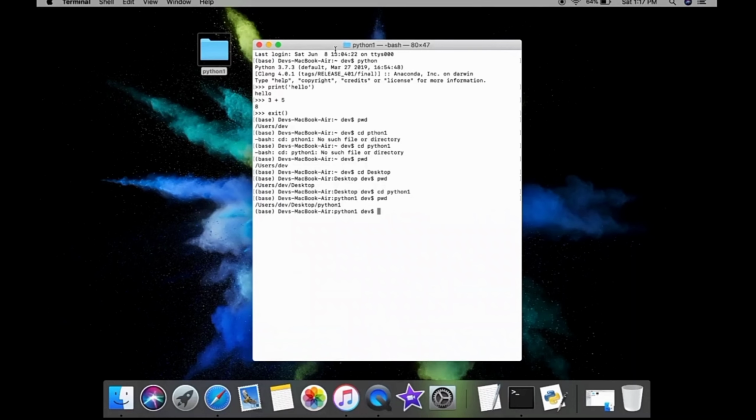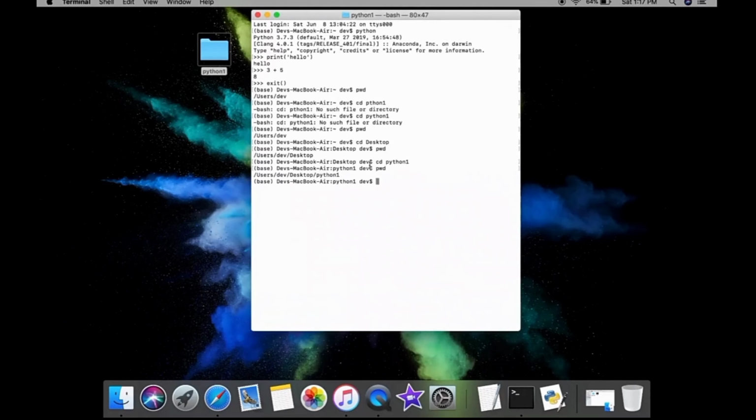So that's the few basic commands about entering any folder. Now if you want to exit any folder, just write cd .. You will get one folder out. Like now I am in desktop, and if you write cd .. sorry, I did not have a space here because space is required in cd space .. So cd space .. Now you are out of the desktop, and again if I check my directory, I am in users dev.